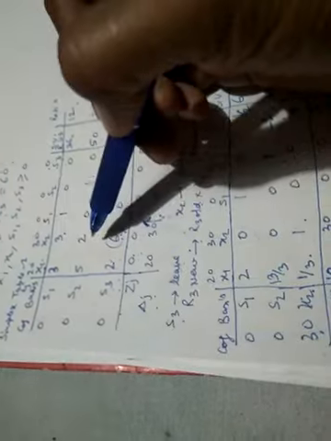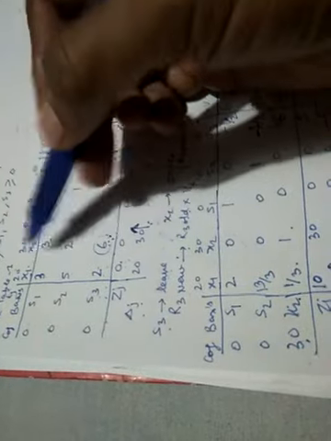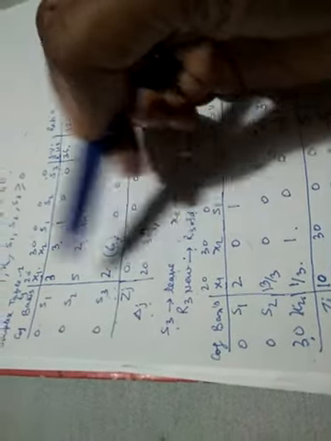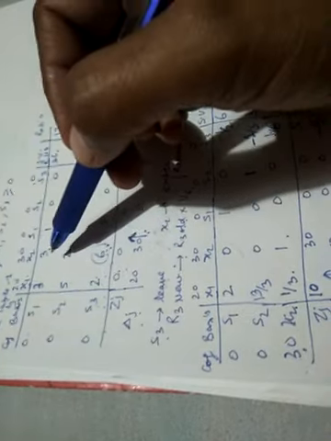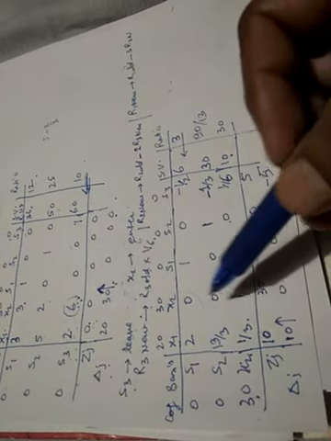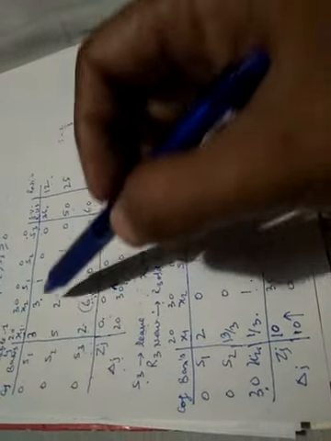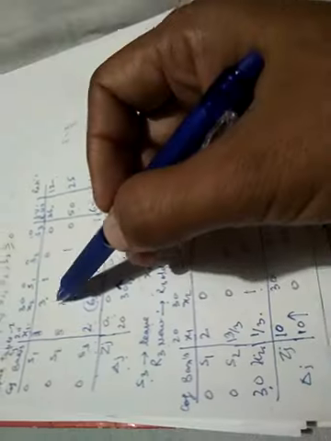Now rest of the other elements of key column, however many elements there are in the column, above and below, all the elements will be made 0. How they will be made 0? With the help of this row. Multiple of this row, remember only one liberty you can utilize, that is multiple of this row can either be subtracted or added in these rows, so that you will get 0 here.